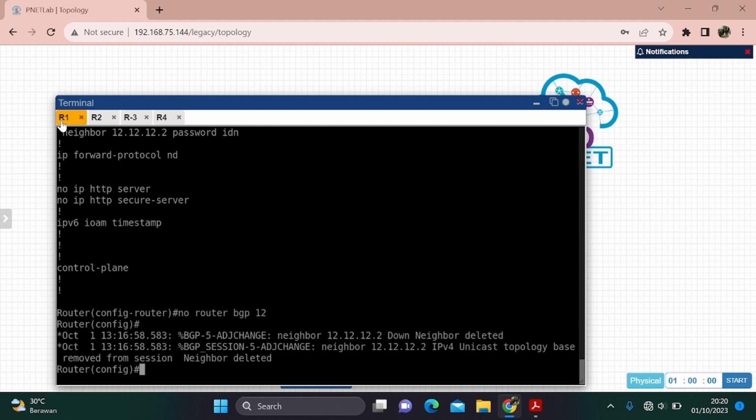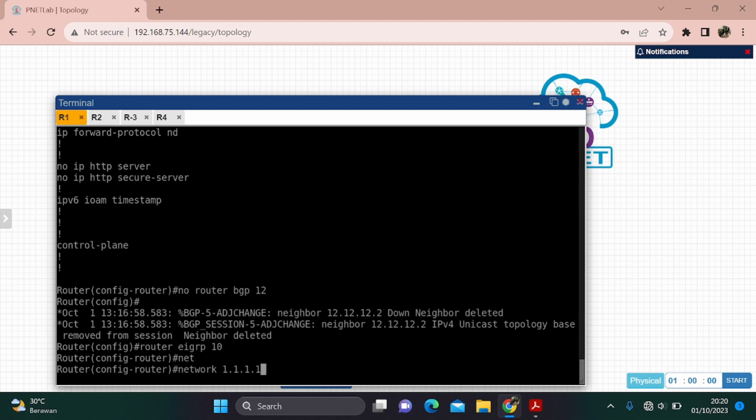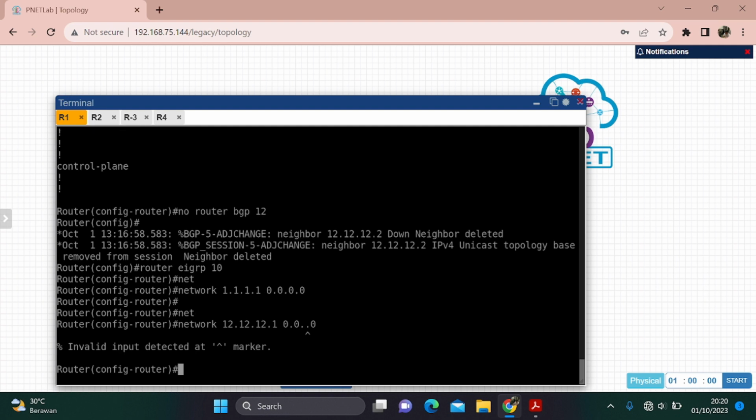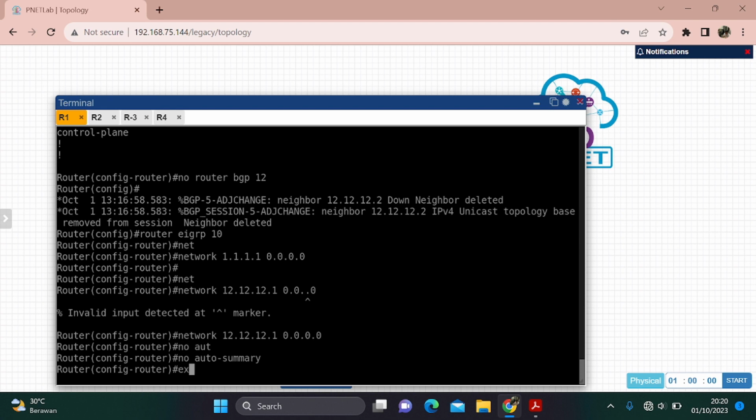After that, go to router 1 to configure BGP and EIGRP routing in the other routers. Router EIGRP 10, network 1.1.1.1, and then after that network 10.1.0.0. Then don't forget to add no auto-summary. Exit, and then